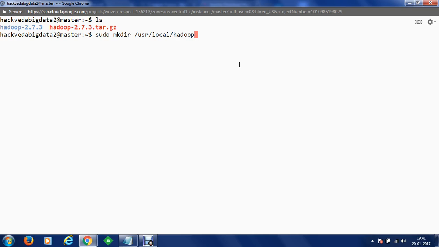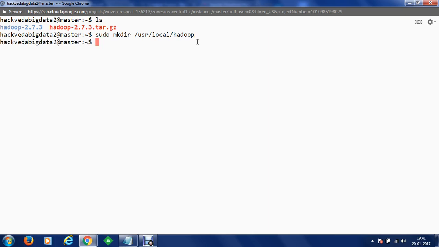I'm doing this because I have set some configuration files which you will be using further in this video in order to configure Hadoop. And in those configuration files I have already specified the path as user local Hadoop. Hence I'm insisting to install Hadoop into this user local Hadoop. So let's just create a directory known as user local Hadoop.